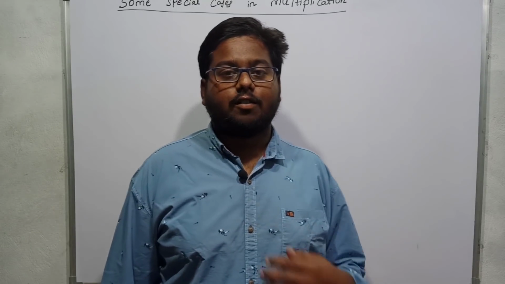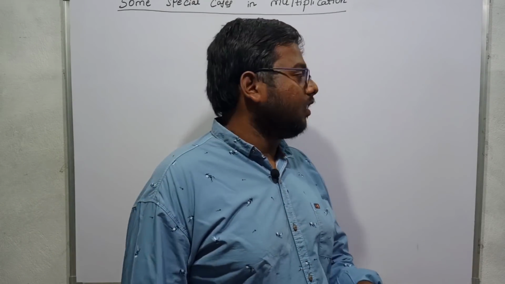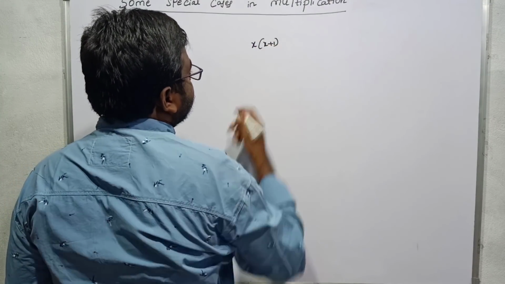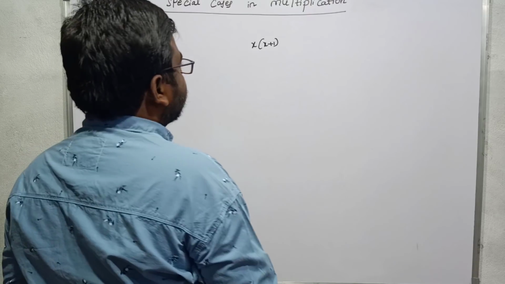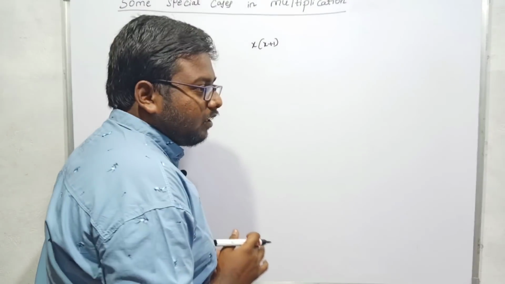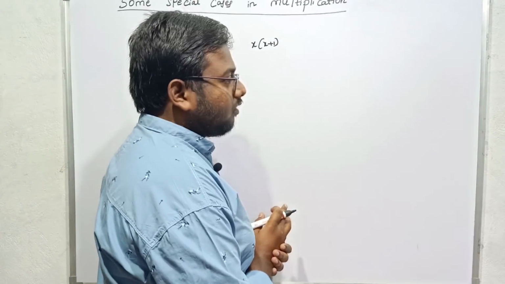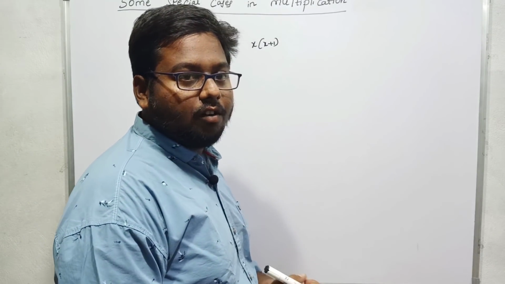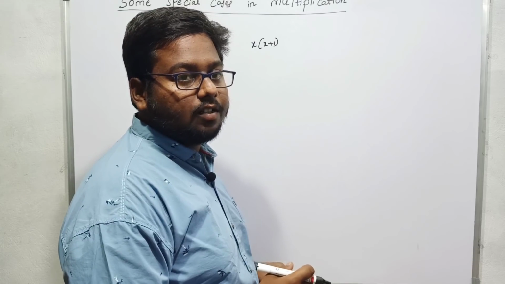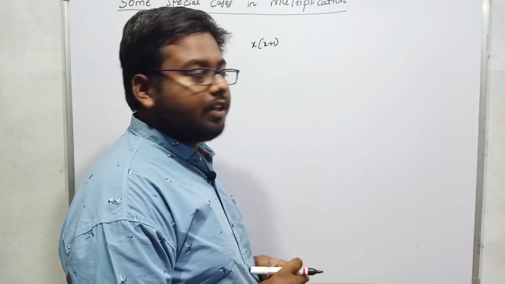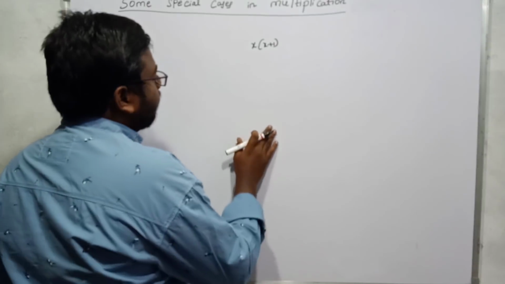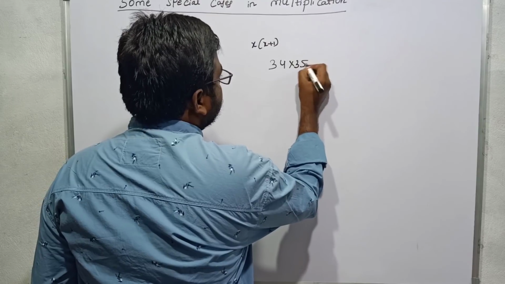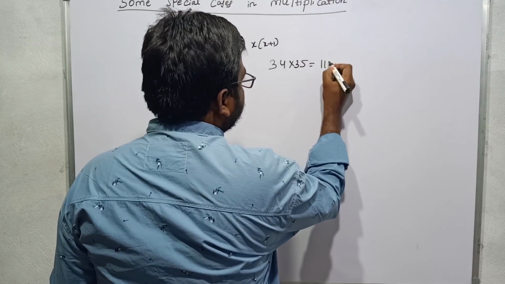In the last class, we discussed a concept that is x into x plus 1. This concept is mainly based on the perfect squares. If you know perfect squares well, then we can calculate this result x into x plus 1 very easily. Although we are going to make a video on squares, how to remember the squares which are needed for competitive exams. So if we revise the topic briefly, for example, 34 into 35, this is 34 square, 1156,